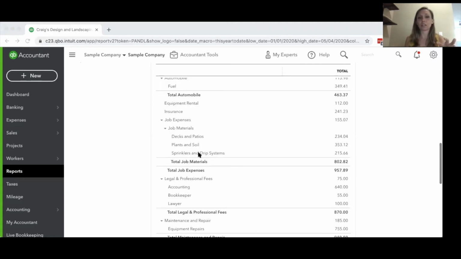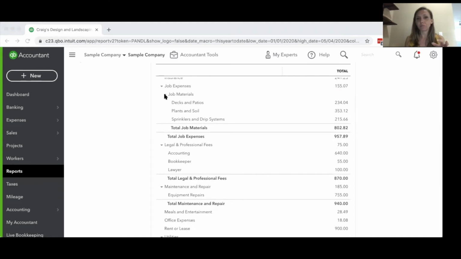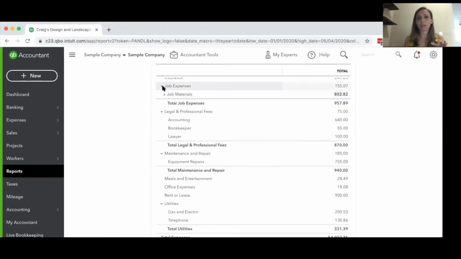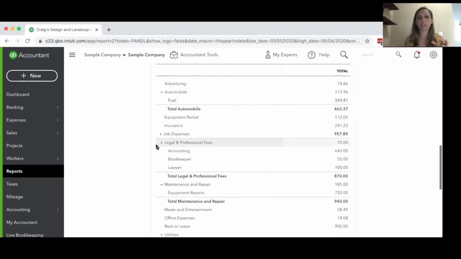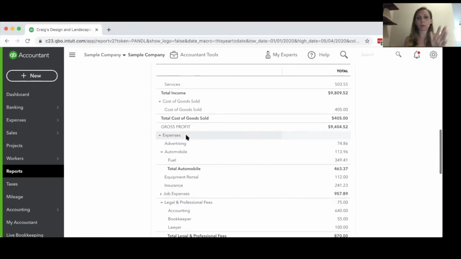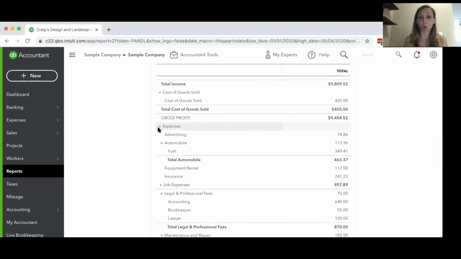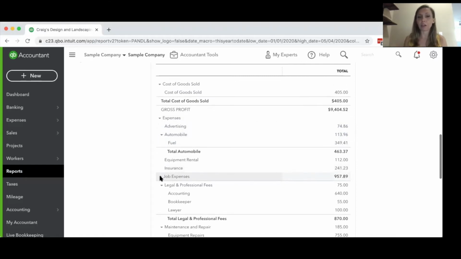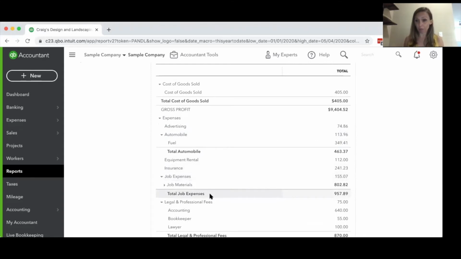So you'll see that this will come down, and you can see by looking at your report what this looks like. For example, advertising is just one line item on your expenses. If you have a lot of advertising expenses, you're going to want to break it down. Automobile and fuel. See how with your sub-accounts,